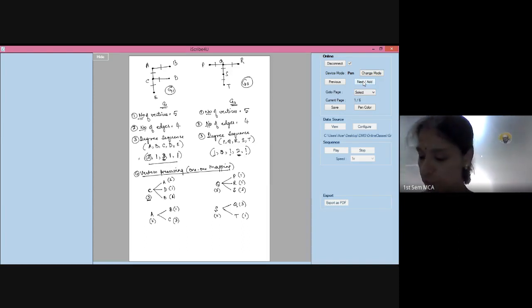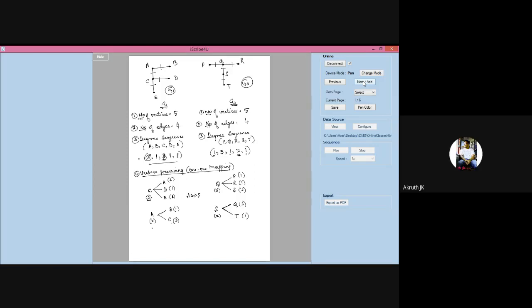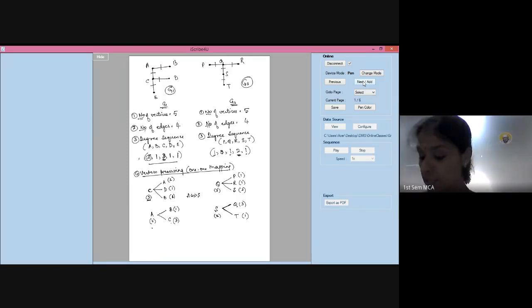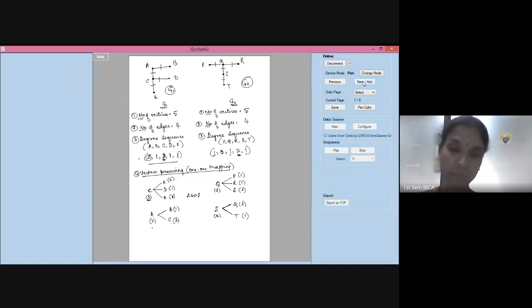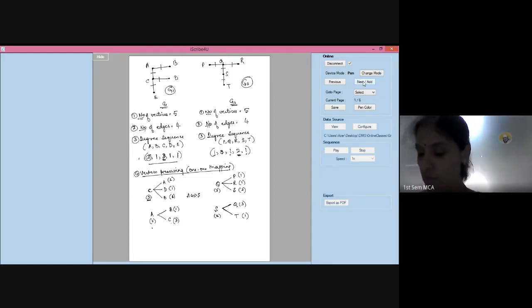Alright. Now look here. Vertex A, adjacent to A is B and C, which has degree 1 and 3. Similarly, S is a vertex with degree 2. It has adjacent Q and T, which also has degree 1 and 3. So, can I say A is equivalent to S? Yes, it is adjacent. A has 2 adjacent vertices, which has degree 1 and 3. S also has 2 adjacent vertices, which has degree 1 and 3. Okay, structure-wise, both are same. So, I can always say A is equivalent to S.